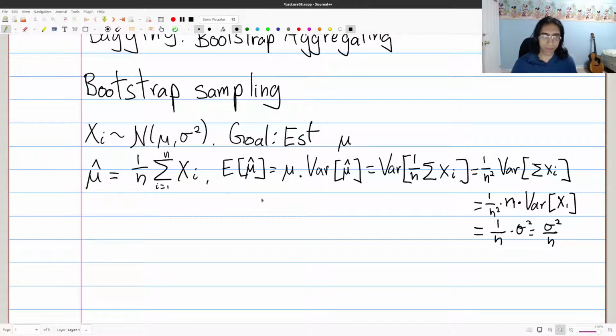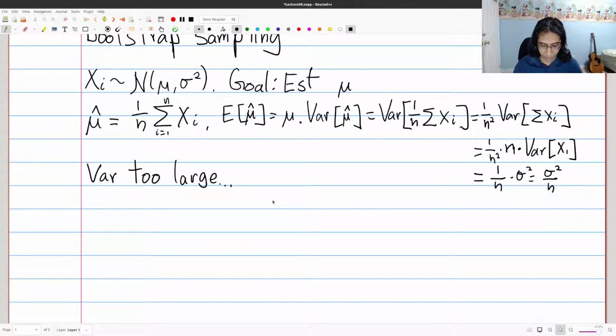That's great. Now the question is, what if this isn't good enough? What if this is still too much variance for whatever application we care about? This is not a great estimate and we want to do better. Well, one thing we can do, if we had the luxury, is just do this many times with independent